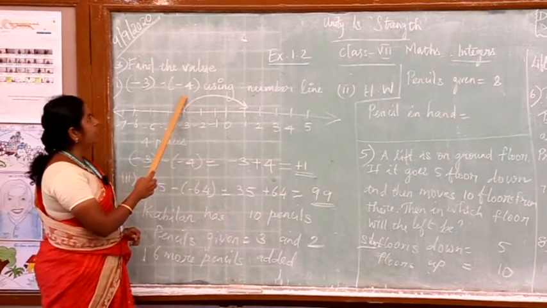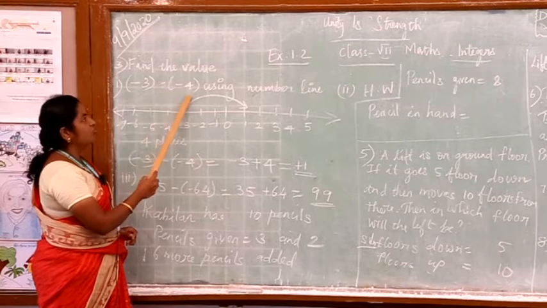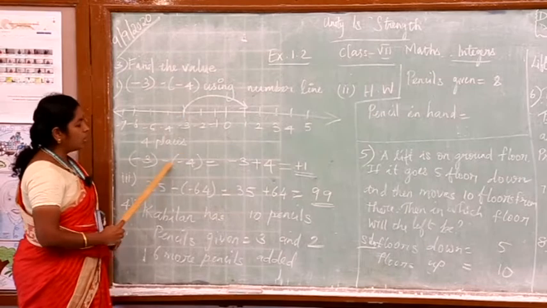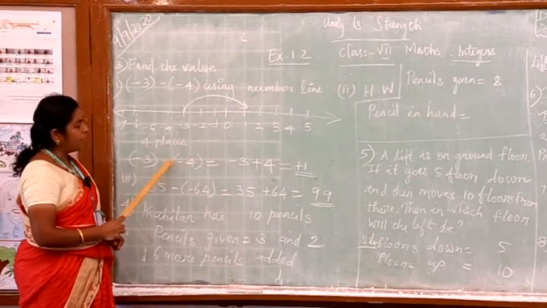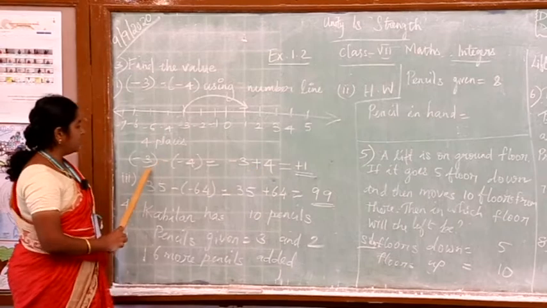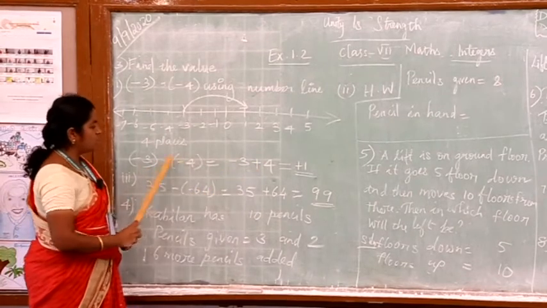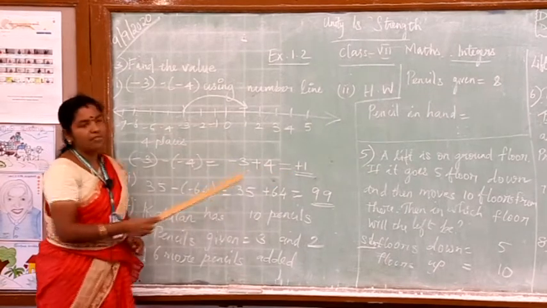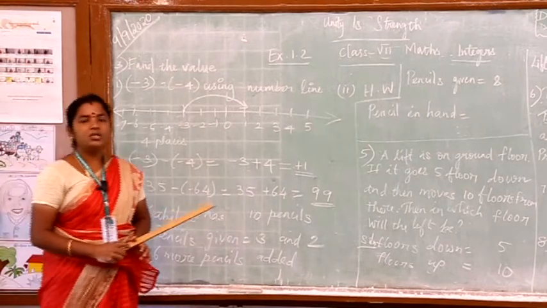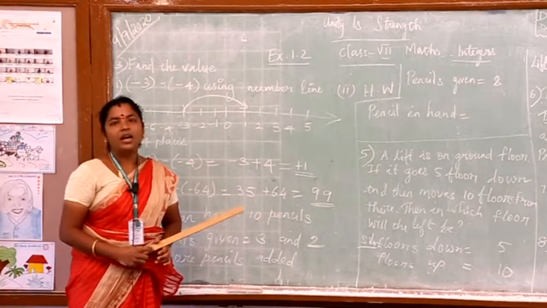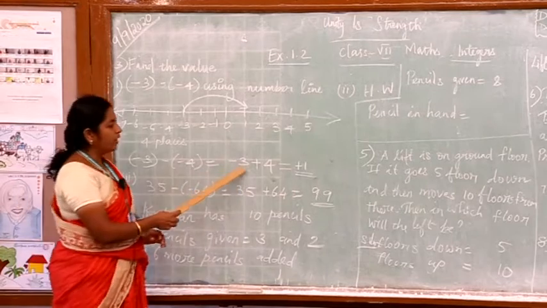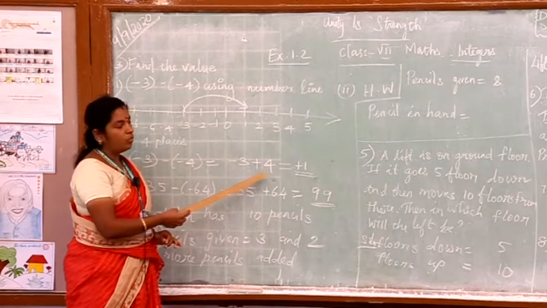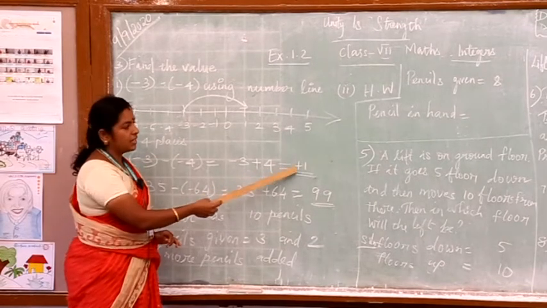So, now we are going to find the value of minus 3 minus of minus 4 using number line. As you know, minus of minus becomes what? Minus of minus becomes plus. So, we are writing minus 3 plus 4, since minus of minus becomes plus here. What is the answer? You can see here 2 numbers having opposite signs. Opposite signs means you have to subtract the numbers and give the sign of the greater number. So, we subtract these 2 numbers, 4 and 3, it becomes 1. The greater number is 4. What is the sign for this? It is positive. So, your answer is plus 1 here.